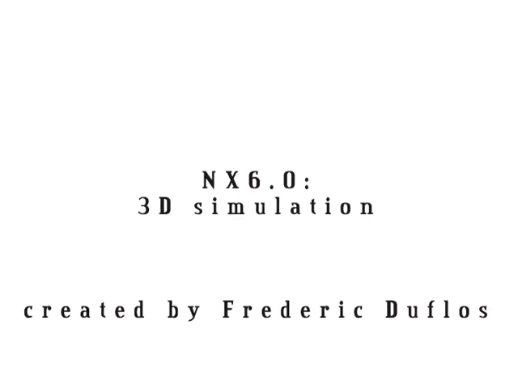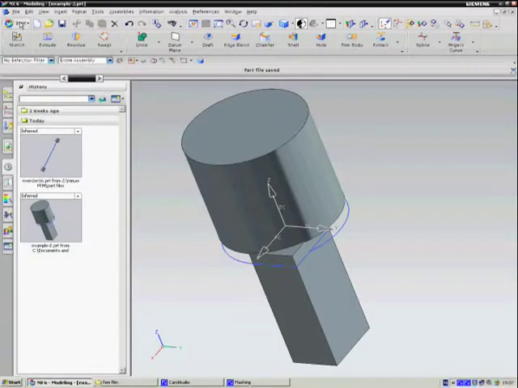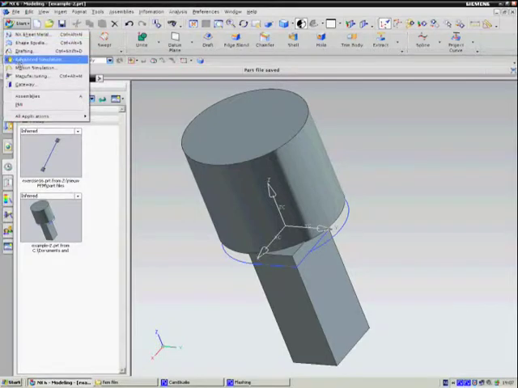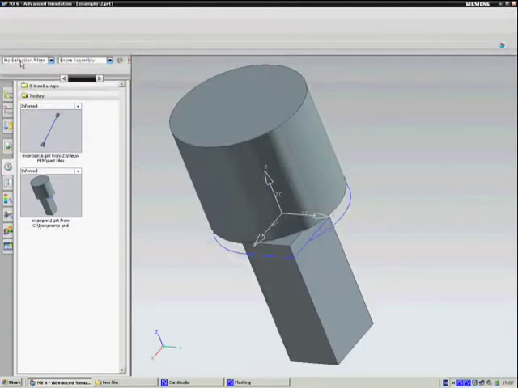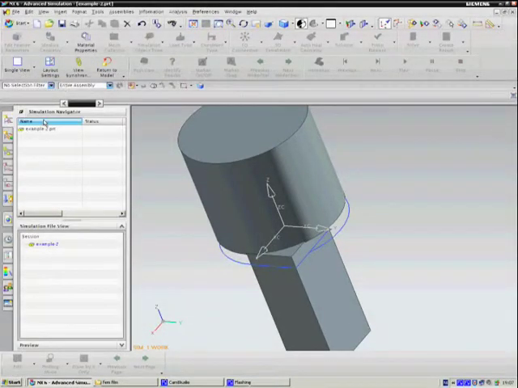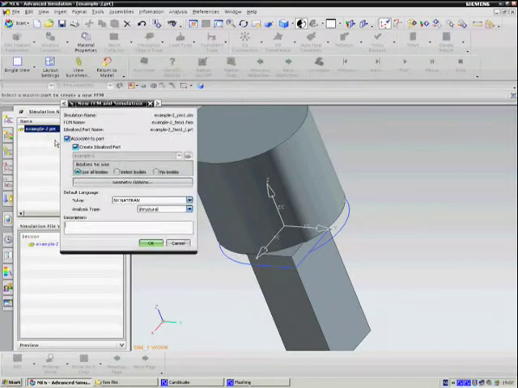We continue with the three-dimensional model created in the previous module. Start Advanced Simulation. If we right-click on the part file, we can choose New FEM and Simulation and Solution. We can then choose structural analysis,